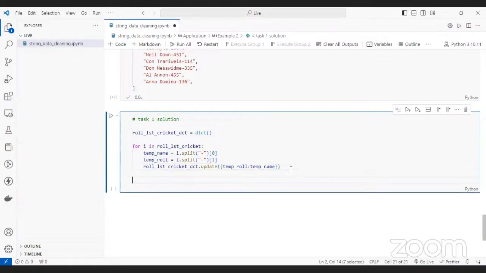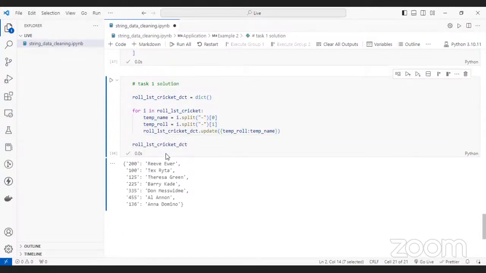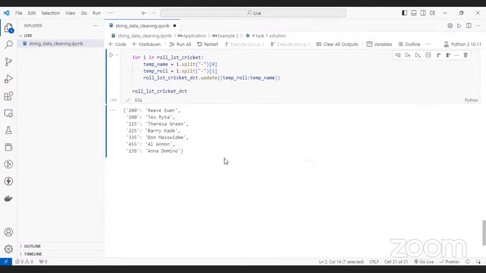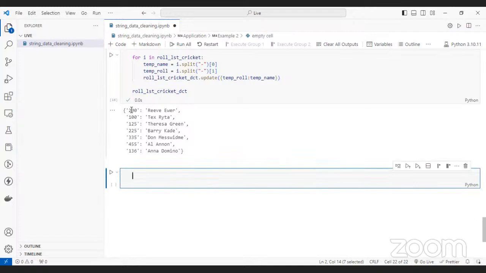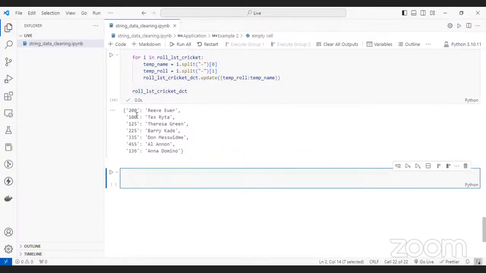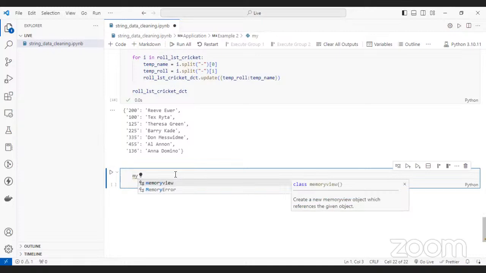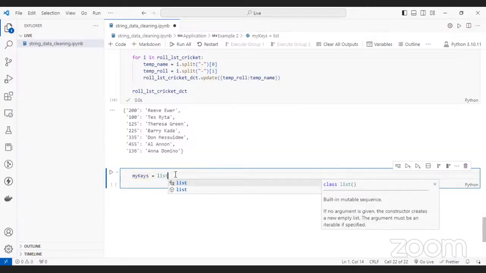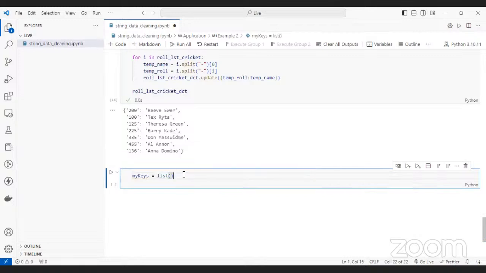Finally, let's print this so that we can see the output, how it's looking now. All right. So we got all the names and the roll numbers. Now our task will be to arrange the roll numbers, because this is a dictionary key which we can effectively do, right? So first we consider my keys equals to list, and it will be